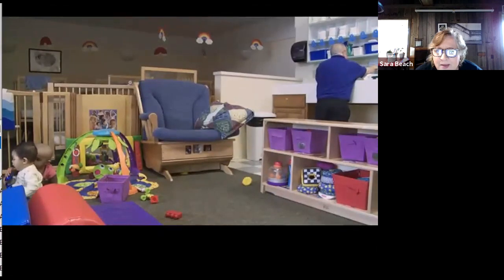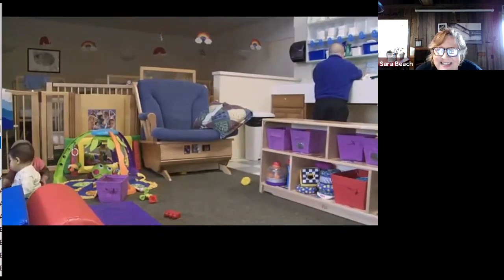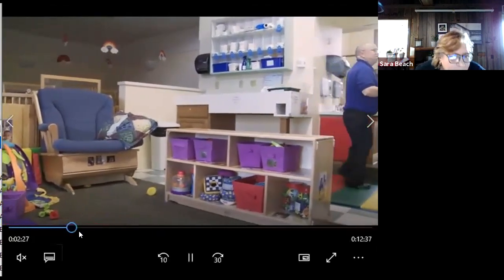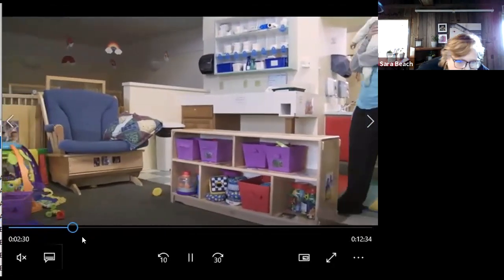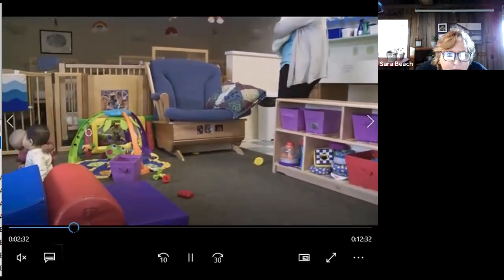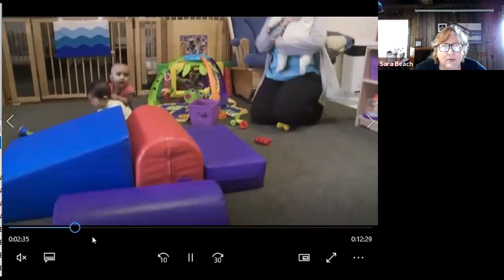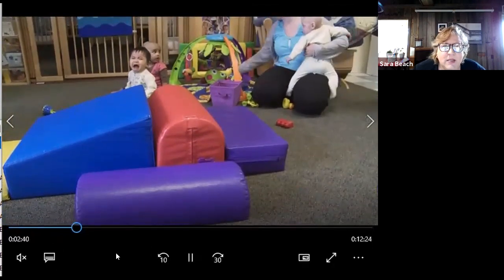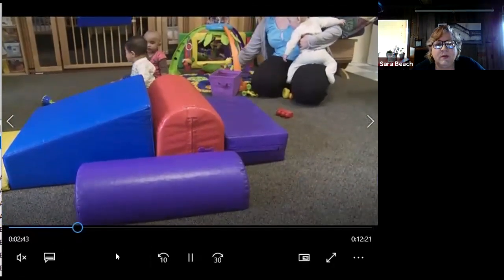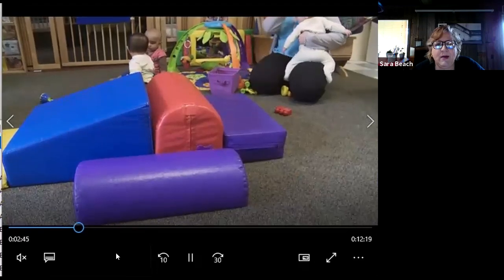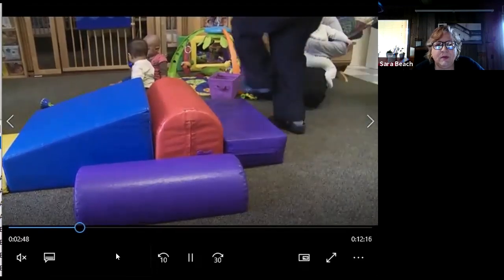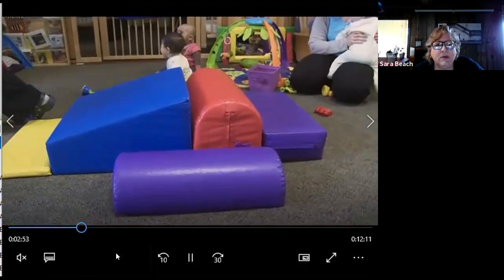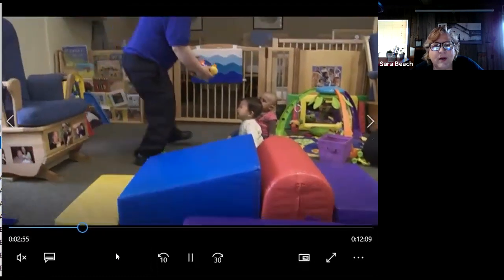So far, he's missing some things, right? You're missing a lot so far. Okay, but we're going to see him turn around when he's done talking to the mom. Let's see. I was trying to start it at 2:40. All right. So the male caregiver just went to hang the chart up or something, put that away. Now he's going to come back and look for cues. Mommy's going to lay the other baby down. And we're hoping he comes back to attend to the two on the floor, right? Oh, he noticed.